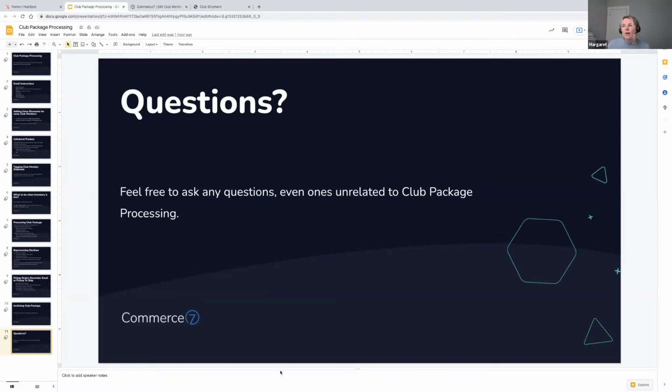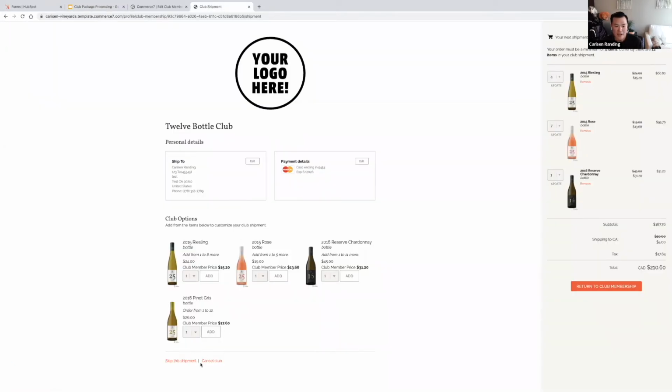Okay, and then we do have another question from Annette. Can you remove the skip and cancel links for the customer? There isn't a way to do it from Commerce7. There is a way to hide these two buttons here. You can reach out to your designer and have them hide this via CSS. But it's not something we encourage. I think